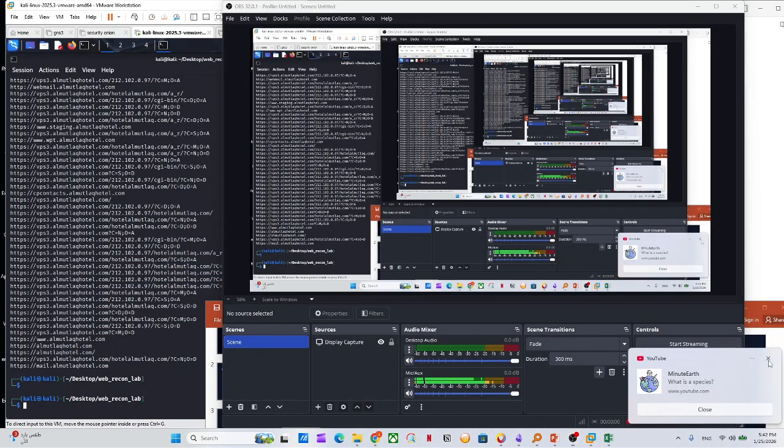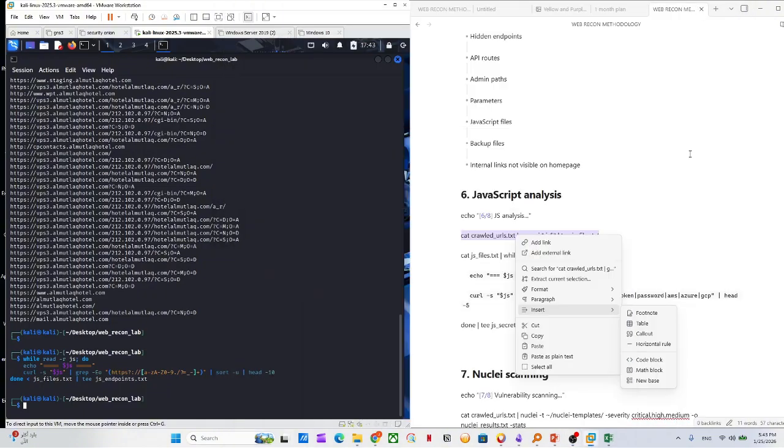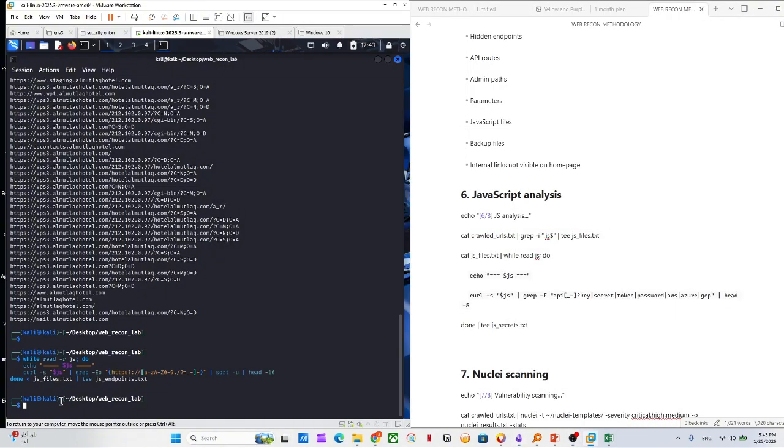One second. Okay, let's continue with JavaScript analysis. We're going to cat here, the crawl urls.txt, and we're going to grep -i .js$,